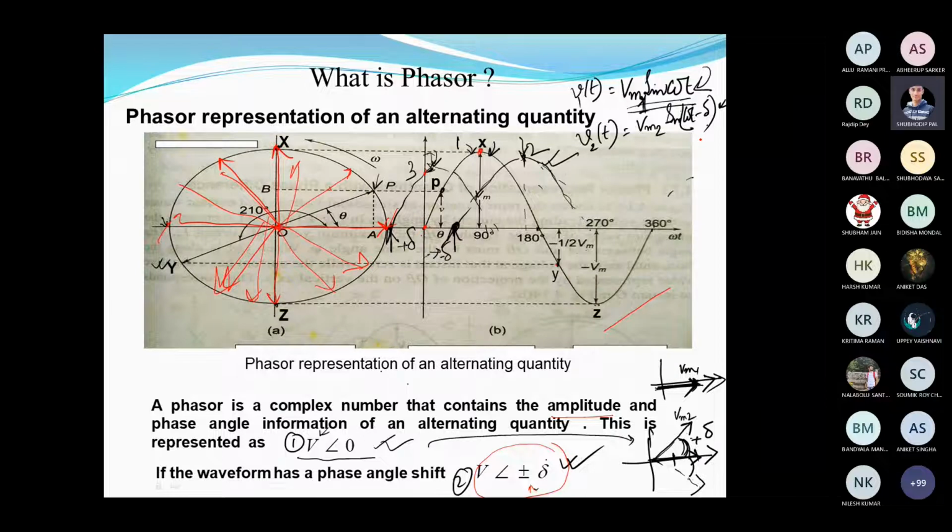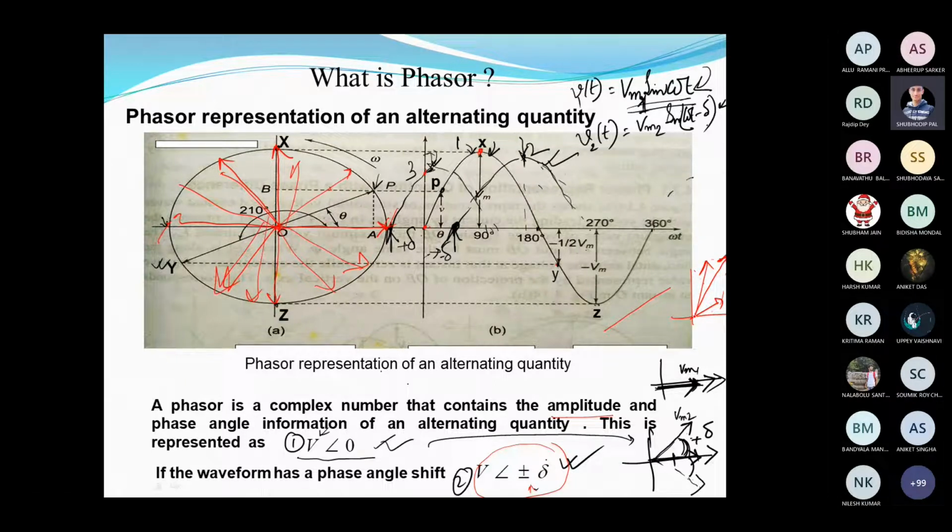Now in your experiment, as it is telling, you have to find the phasor also, right? As you know the phasor representation, say this is one phasor and this is another phasor, right? What will be the phasor diagram? You can draw it using the parallelogram law. This is the resultant, right? Of similar quantities. Of course, phasor of current should be added to phasor of current, and phasor of voltage should be added to phasor of voltage. Don't mix them up. Voltage should not be added with current, but you can represent them on the same diagram.